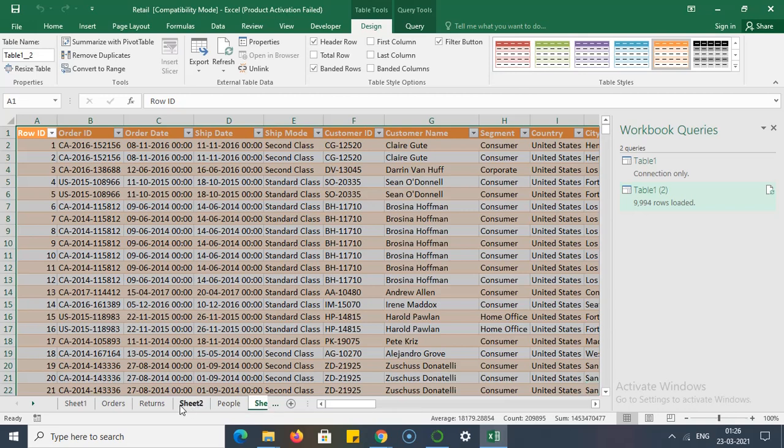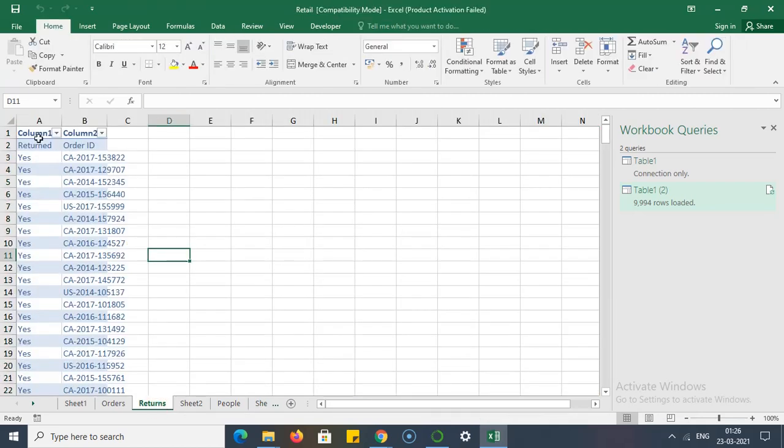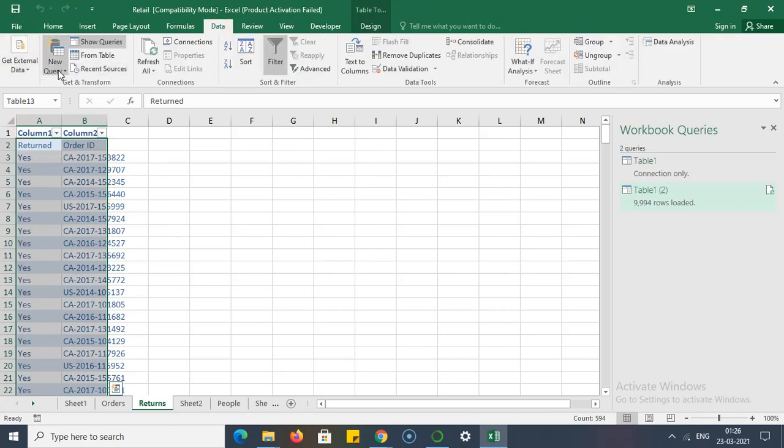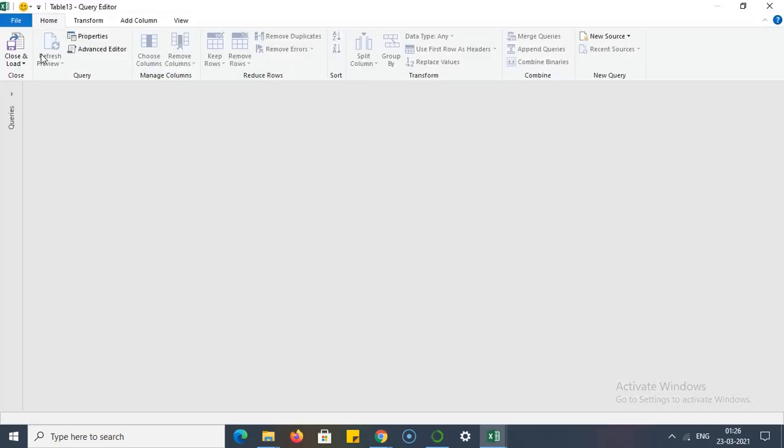I am doing the same thing for returns also. I go into the returns sheet, go to Data, click on From Table, and then Close and Load. We have to do the same thing for both tables.